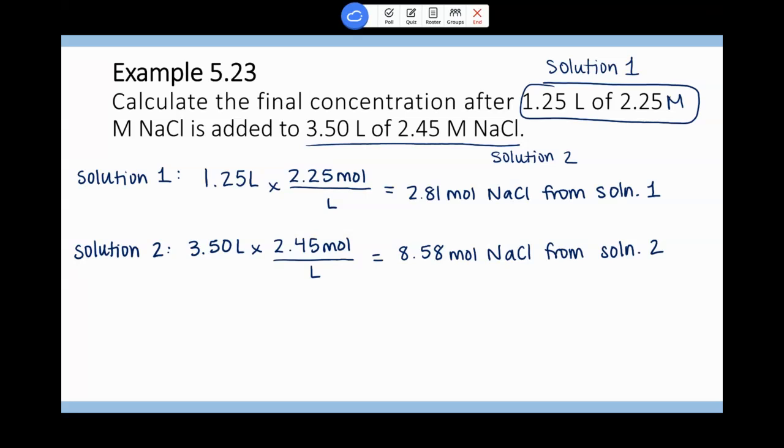So when we mix the specified amounts of each solution together, in our final solution we have 2.81 plus 8.58 moles of sodium chloride, moles of the solute. So that will give us total moles of solute, and to get our total volume, we just add the two volumes together. So our molarity of the final solution